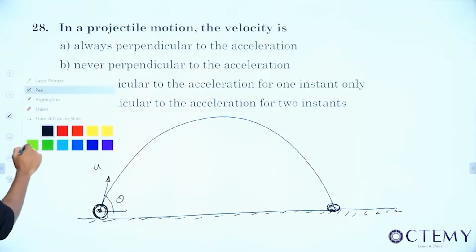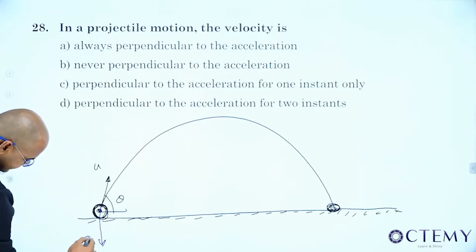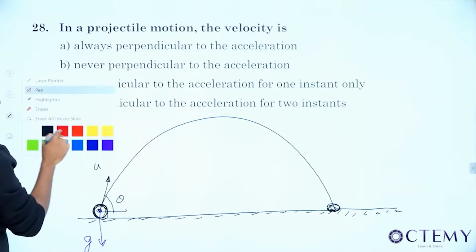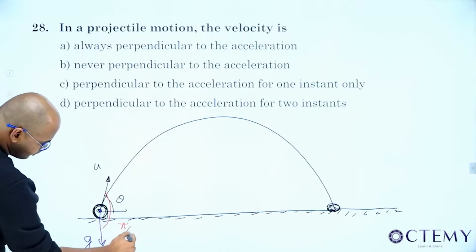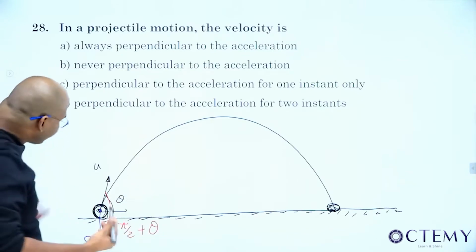And how is my acceleration? It is acting vertically down. Now what is the angle between velocity and acceleration? Pi by 2 plus theta. Now take any position